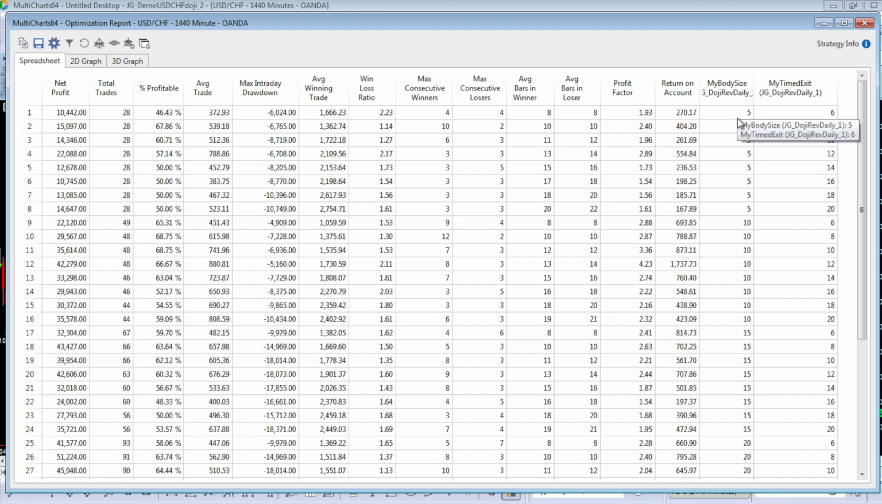This is the body size. I've tested 4 different body sizes, 5, 10, 15 and 20%. And with the timed exit, I've gone from 6 to 20 days in 2-day steps. Now if I sort by net profit,